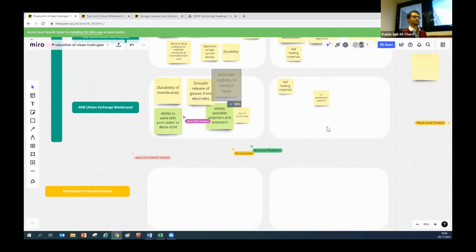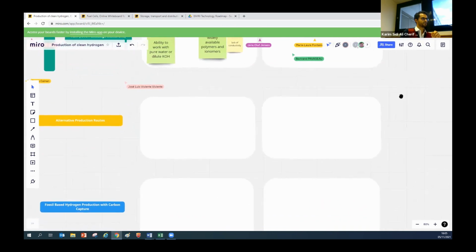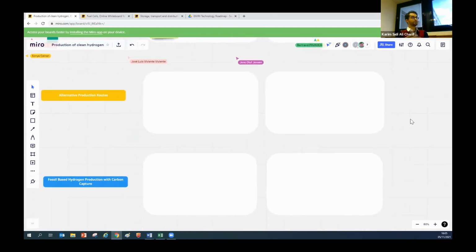Okay. Karim, maybe before we move to the next whiteboard, if people want to keep on modifying, maybe we can make sure that people do not edit a post that is not theirs, but add a new post if needed. Yes, understood. I would just like to let the audience know that we also have the alternative production and the other one with fossil-based production with carbon capture. These whiteboards will not be closed by the end of the session. We will let the board live maybe 1 week, so that you can still give your inputs. So let's now move to the other